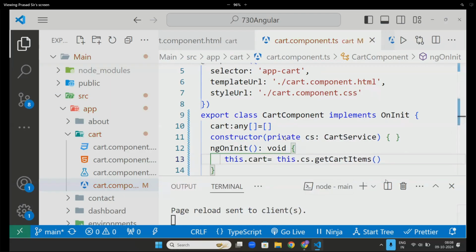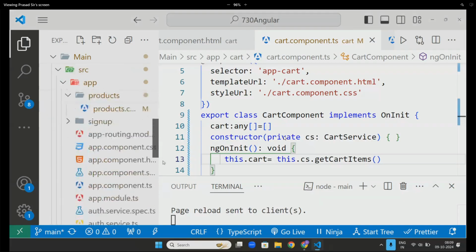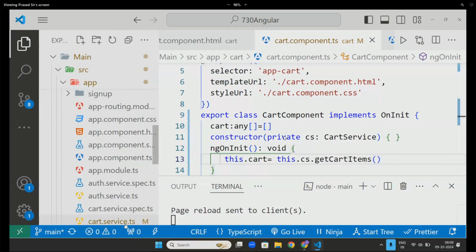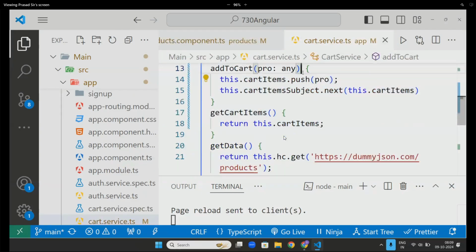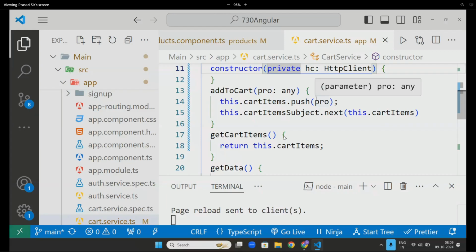If an item already exists in the cart items, then it is not added again, sir. It gives me some alert message. See, listen, you can make your program as complex as you like. For example, item already there, sir. When I click on add to cart, it will not come. Then what to do? Here, I am directly pushing in the cart service. The moment someone clicks on add to cart, I am pushing. Instead of pushing, do some validation here.